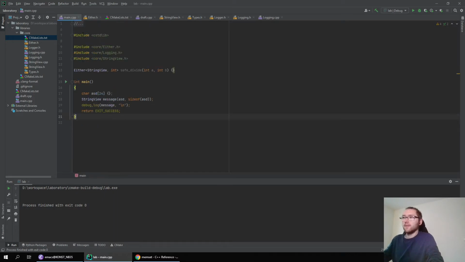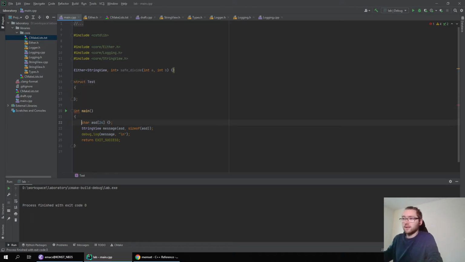So, let's experiment further. If I now have a class, let's just call it a struct for testing, and I don't want to build an accessor function. So now if I use the test instance, then print this.